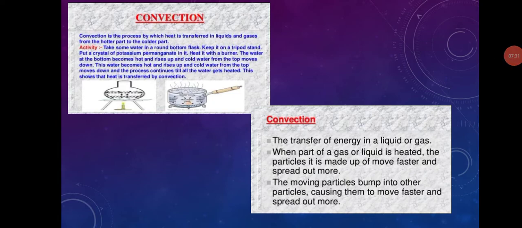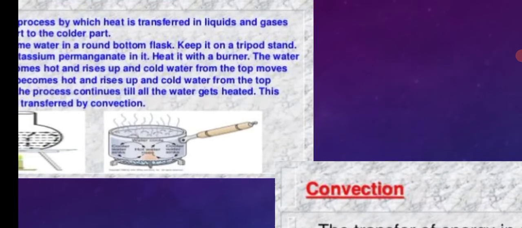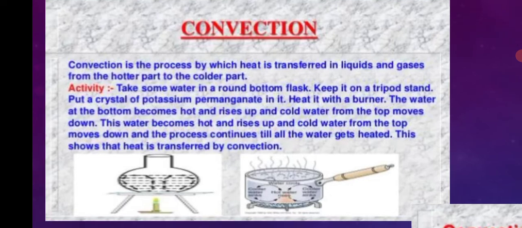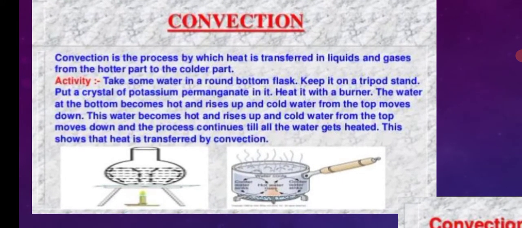Now the second method for the transfer of heat, that is convection. Heat transfer in which heat is carried from the hotter part of a substance to its colder part by actual movement of hot particles in it is called convection. Convection requires mobile molecules. It is not possible in a solid because the molecules of a solid are held together strongly